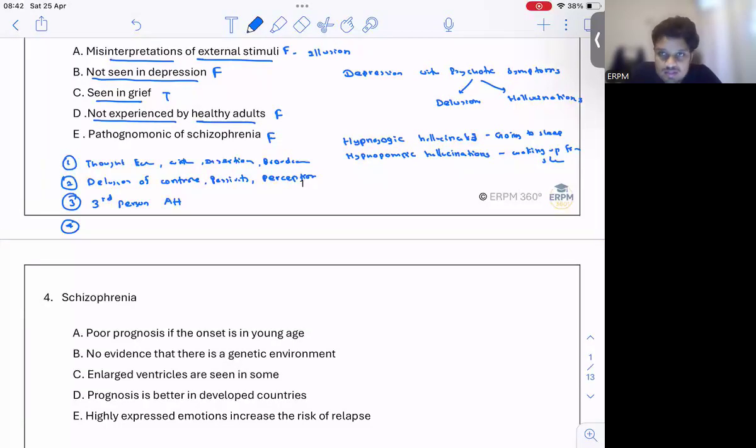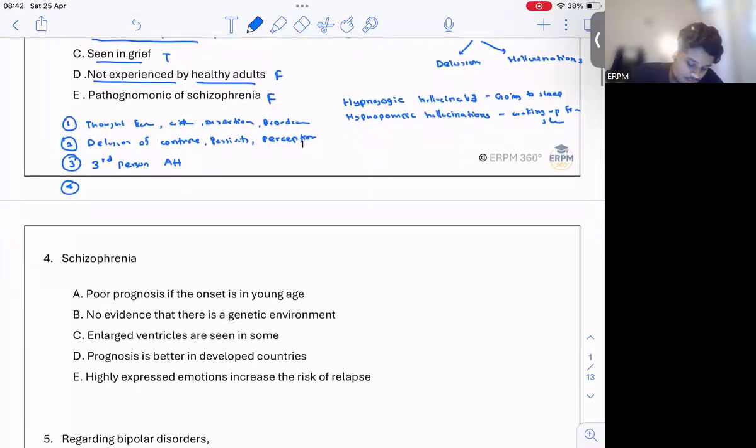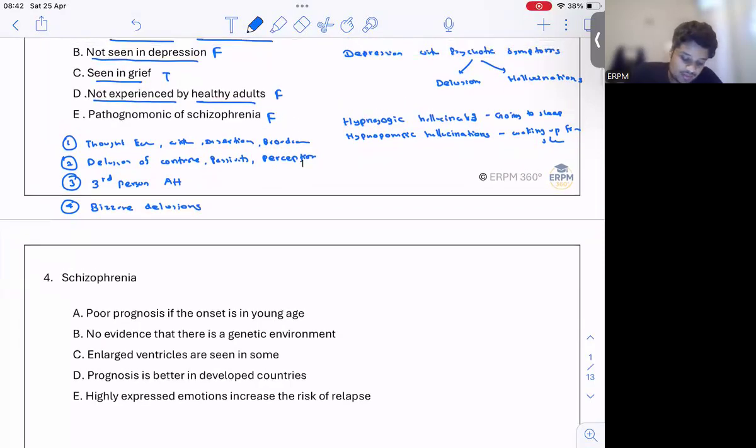Then the fourth one is bizarre delusions. Even if only one of these four is there,